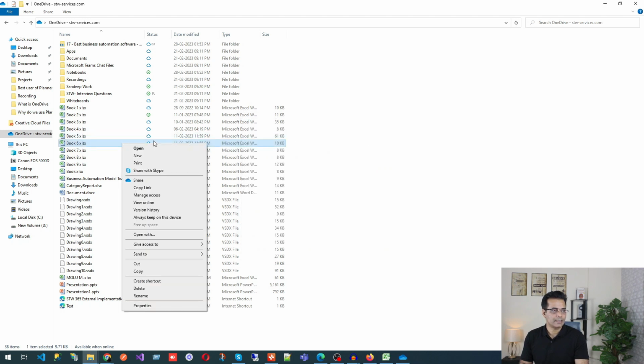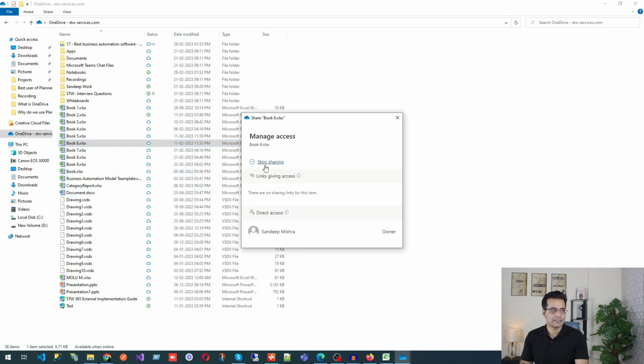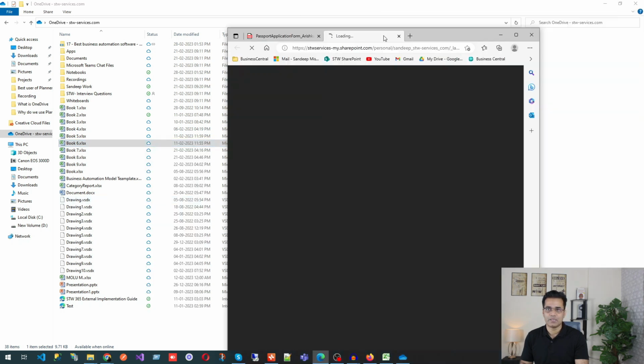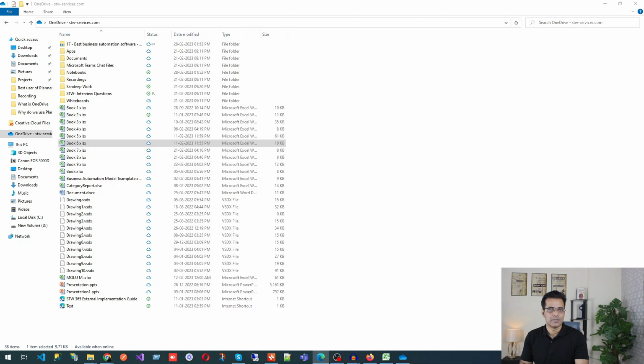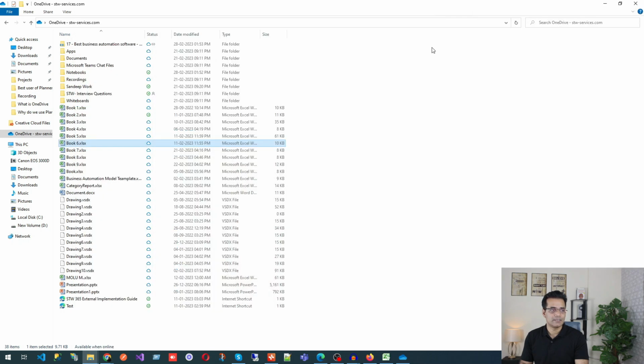You can right click and you can see manage access. Again, who can access, who can't access, stop sharing. If you don't want to share with someone else, you can stop sharing. You can right click and go to view online. You will click and it will take you to the online folder like this, but I'm not logged in to this file, so it will ask for login. But if you are logged in to a different folder,